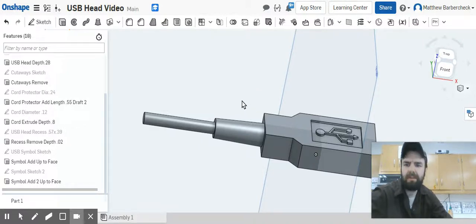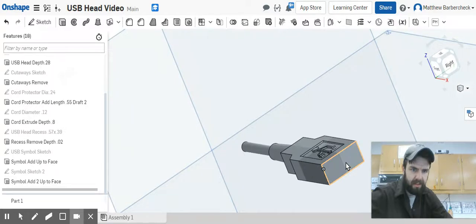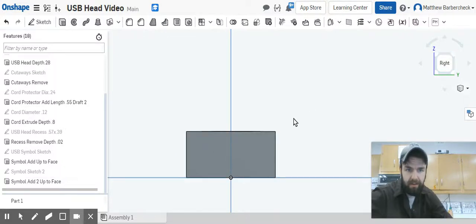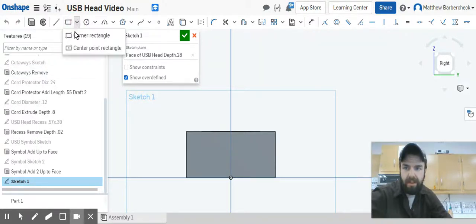All right, now we're going to go ahead and do, I call it the male insert, the connector that sticks out of this end. So we're just going to view on this plane here, the right plane, and select that face to start a new sketch on that. And you're going to sketch a rectangle that has the dimensions of 0.16 by 0.47, and make